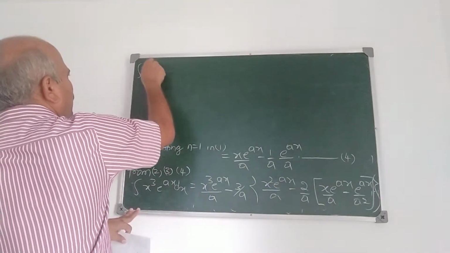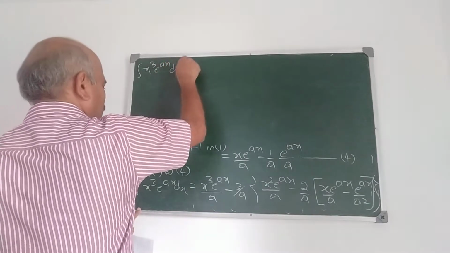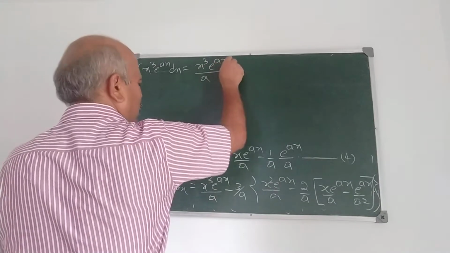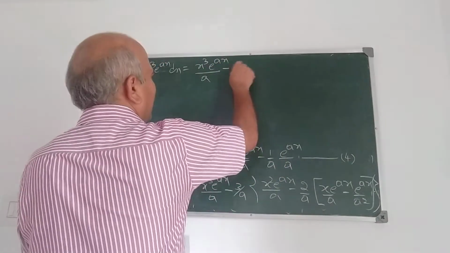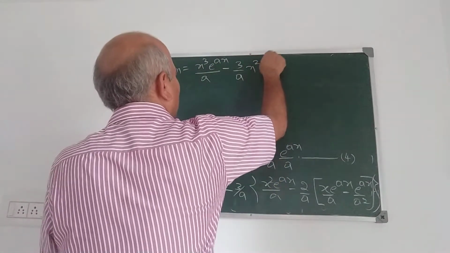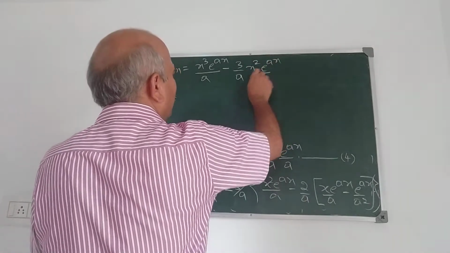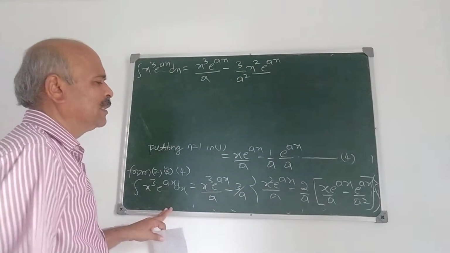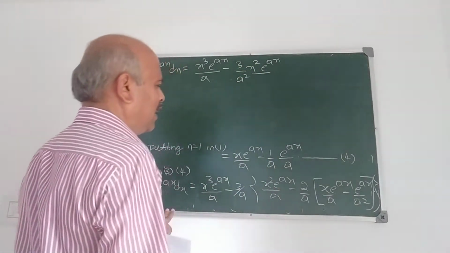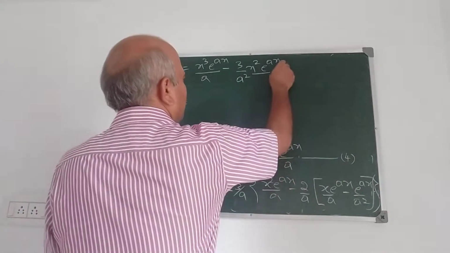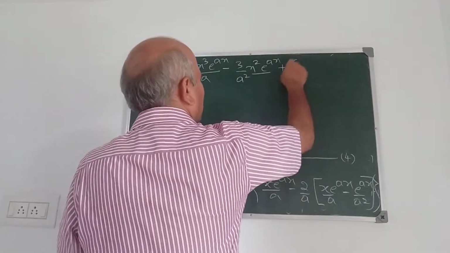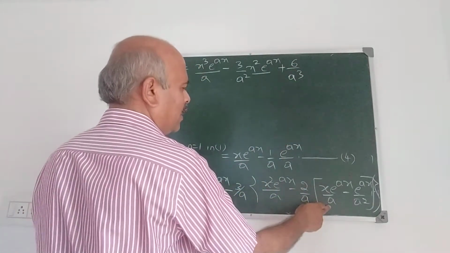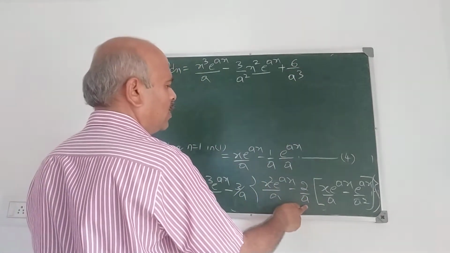Integral x cube e raised to ax with respect to x is therefore x cube e raised to ax upon a minus 3 by a x square e raised to ax divided by 3 by a square. 3 by a square x square e raised to ax plus 6 by a square or a cube, it is 6 by a cube